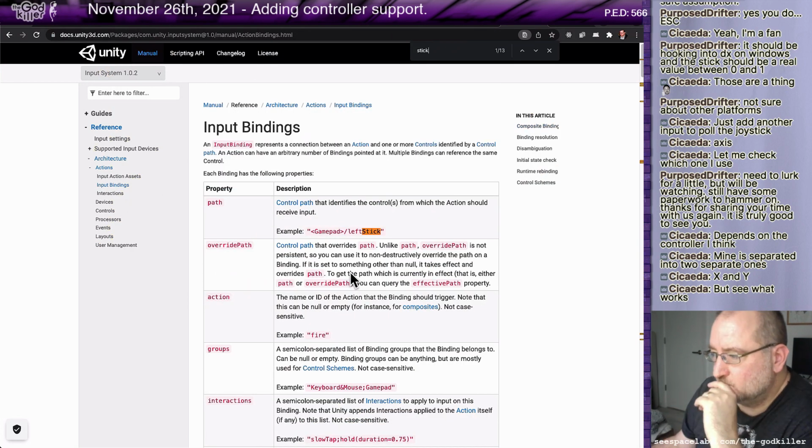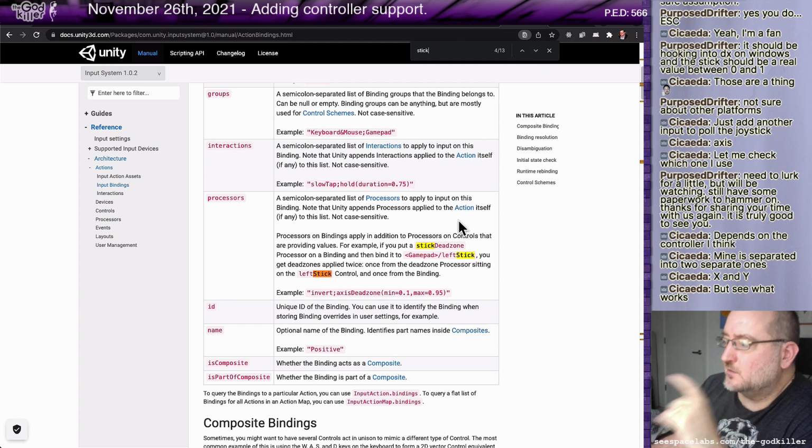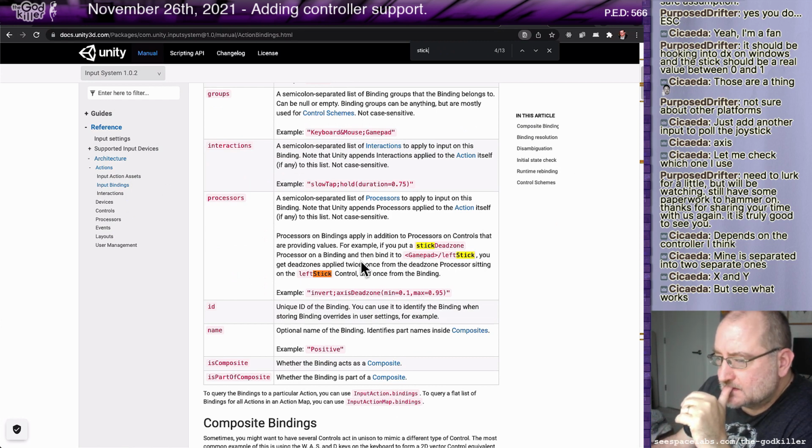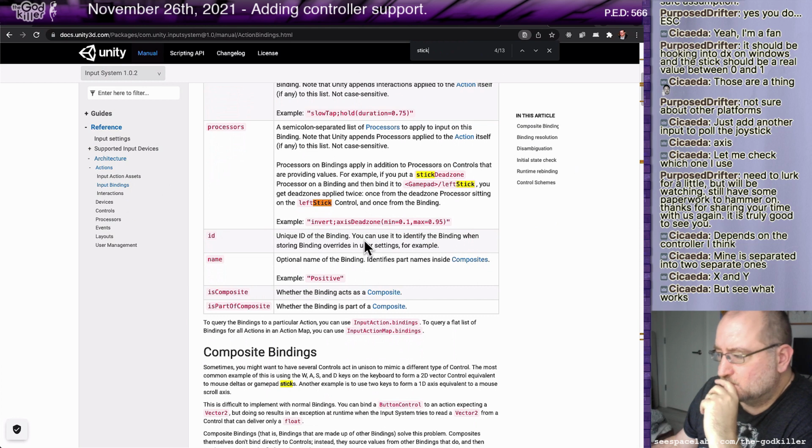Stick. Oh, it has something in processors for dead zones. I think that dead zone thing is what I'm trying to implement.